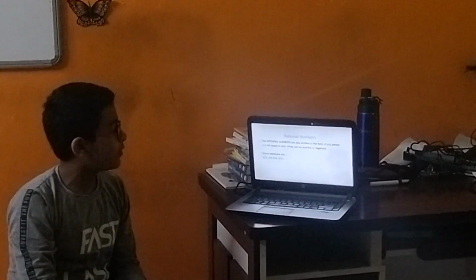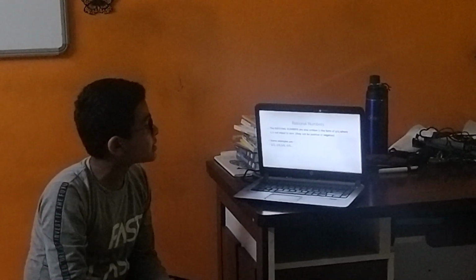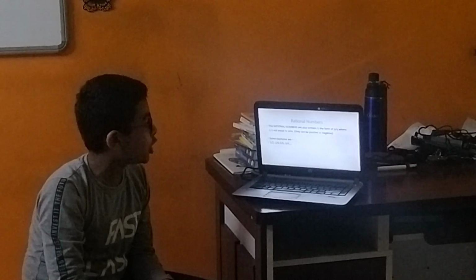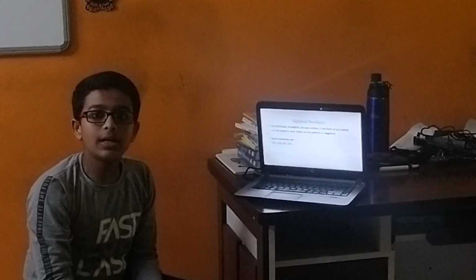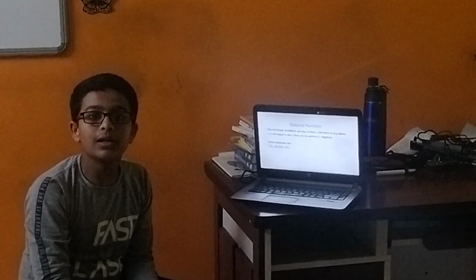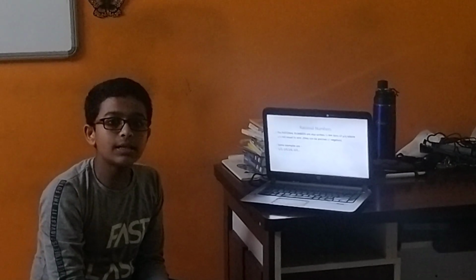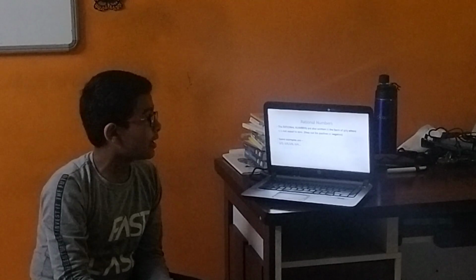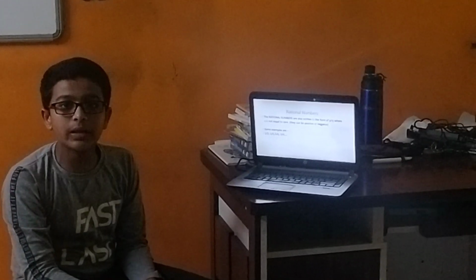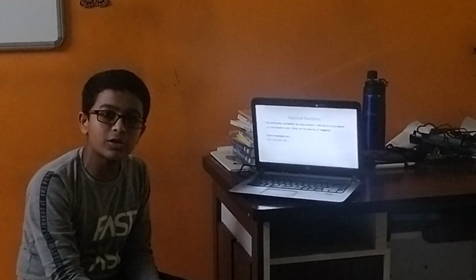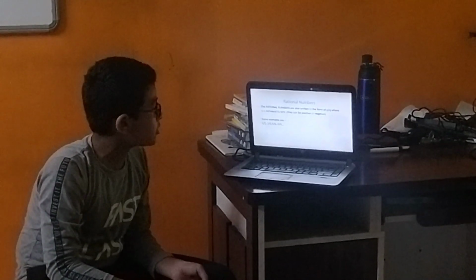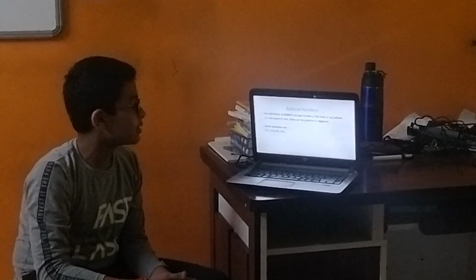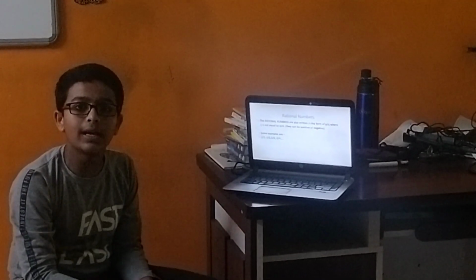Now the definition of rational numbers: rational numbers are numbers which are written in the form p by q, where q is not equal to 0. Then the main doubt which will arise in your mind is, what is the difference between fractions and rational numbers? Rational numbers can contain both negative and positive numbers, and fractions have only positive numbers. Some examples of rational numbers are 1 by 2, negative 2 by 6, 5 by 6 and negative 3 by 4, etc.